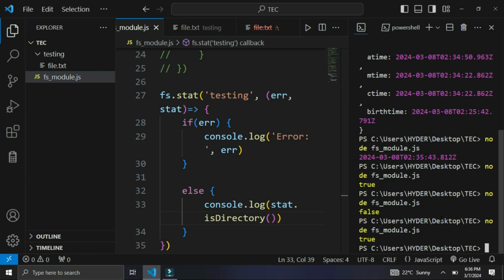This is how you can use the different functions of the fs module to perform different operations on files. So I hope this video will help you,